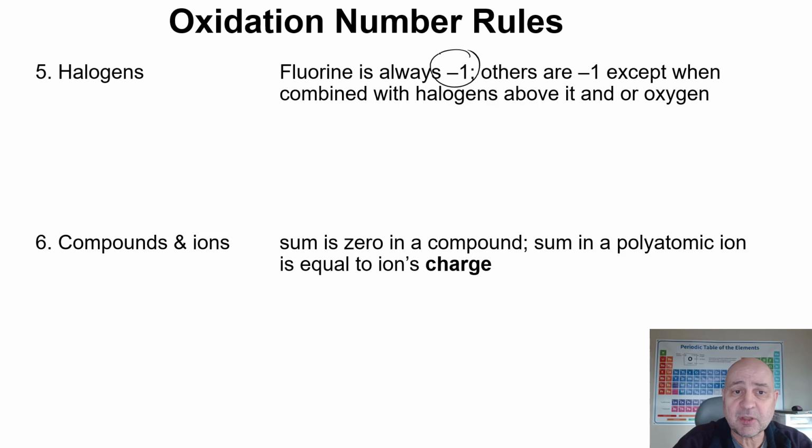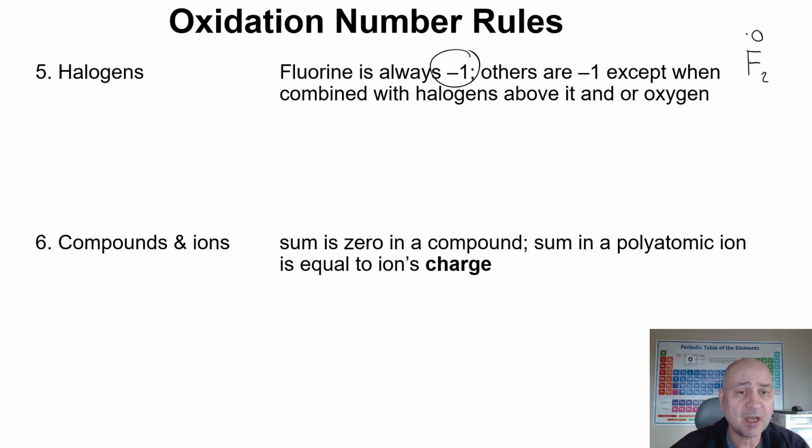But there are some exceptions. Only fluorine is the element that is always -1 when bound to anything else, whether it's ionic or covalent. Of course, always remember that F2 is the element by itself, so that would be a 0 oxidation number. Now, when chlorine or bromine or iodine, the other halides, are bound to oxygen or other halides, they can have